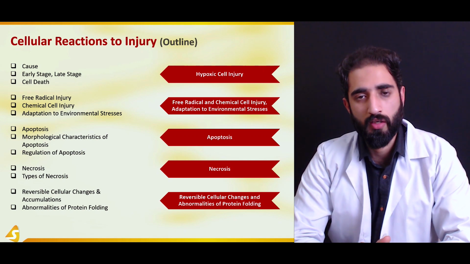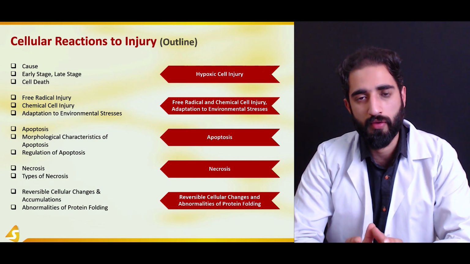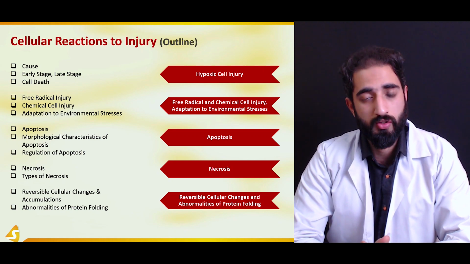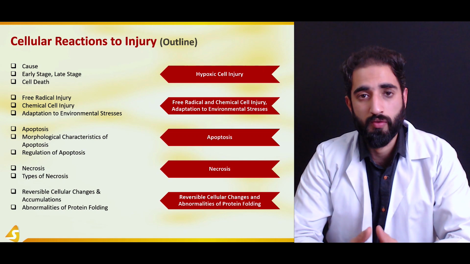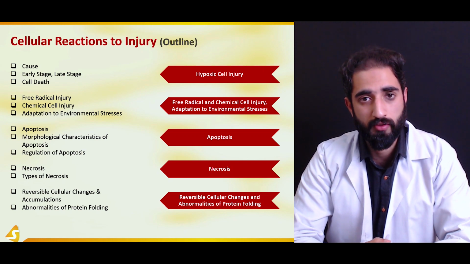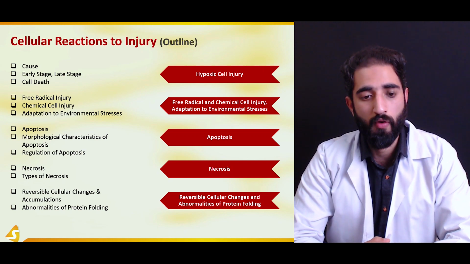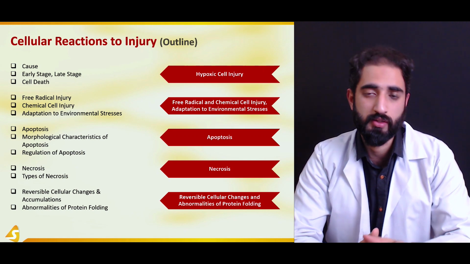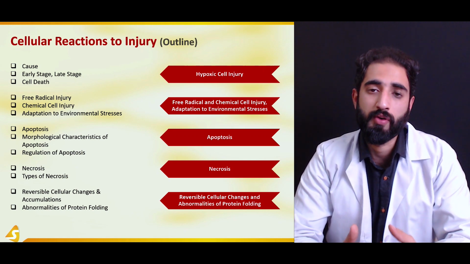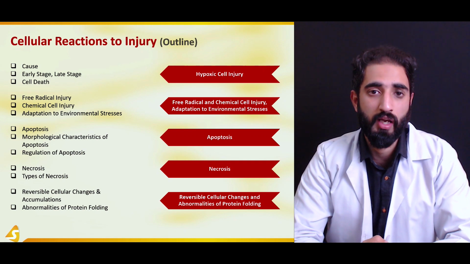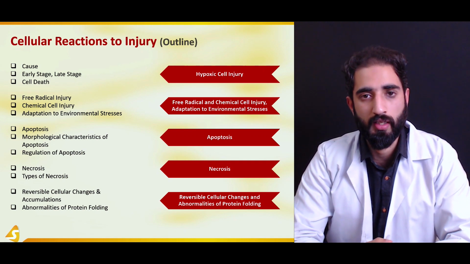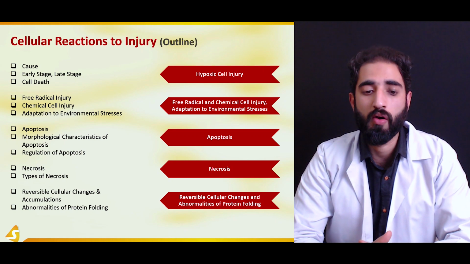In the second section, we are going to talk about three different topics. First of all, we're going to talk about the free radical injury, which is another type of injury that may occur in different types of cells other than hypoxic cell injury, followed by chemical cell injury, which is because of the different chemicals which are actually the causative agents in the injury of the cells, followed by adaptation